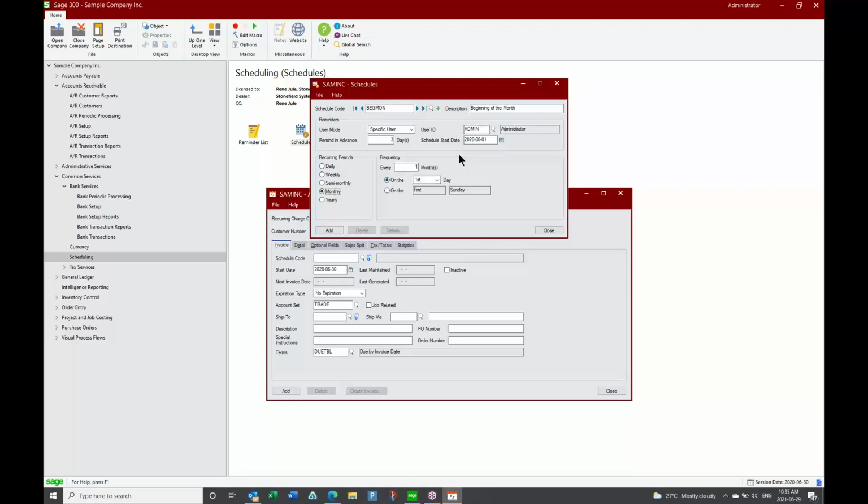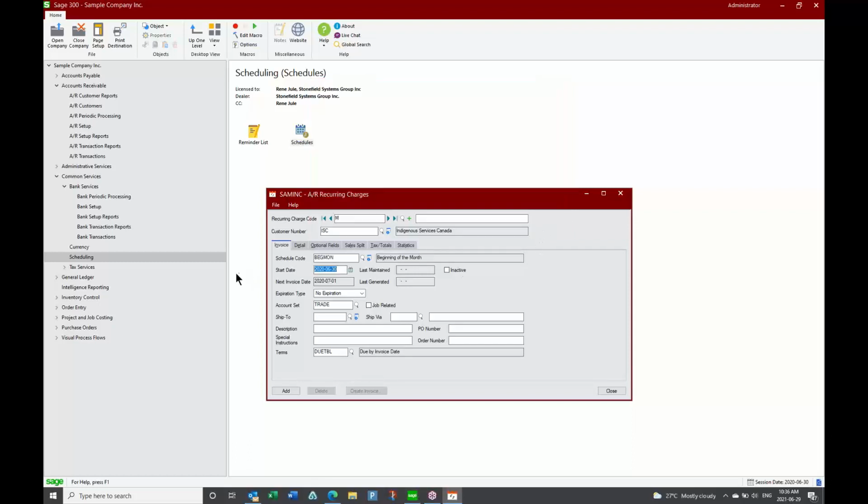You can create one schedule called beginning of the month, and you may want to link all sorts of different types of transactions to this one schedule. So when you click process, you could have it generate your beginning of the month journal entries, maybe some accounts payable invoices that you get every month, and these AR invoices. So it's a one-time setup, and then anything that happens at the beginning of every month, you can link to this one schedule code. So I'm going to hit save there and close, and now I've linked it to that